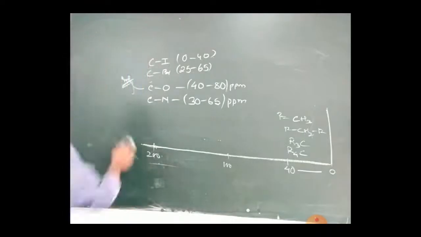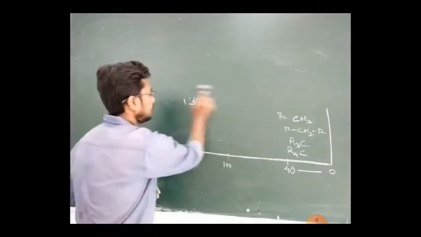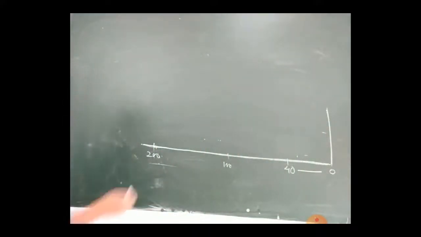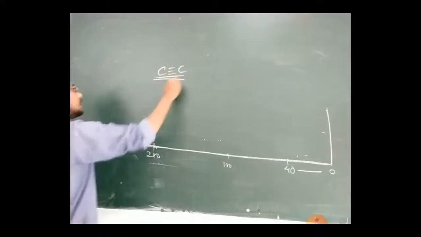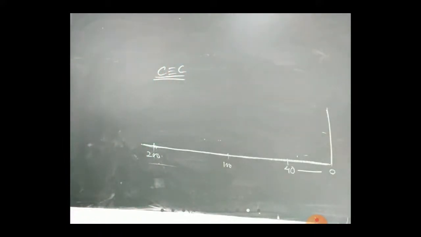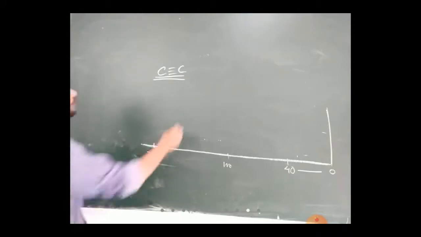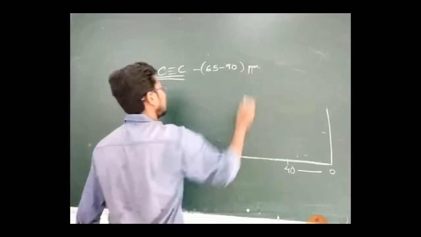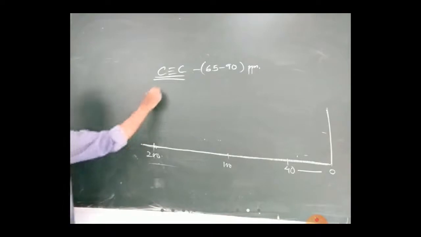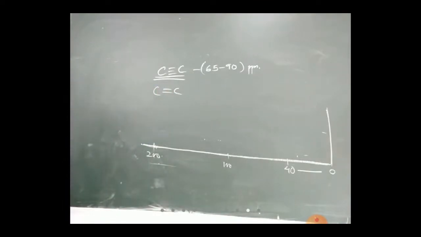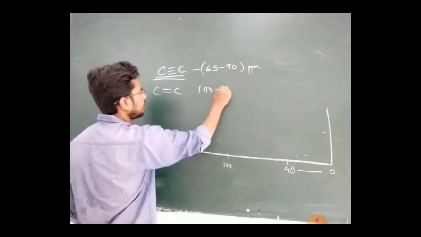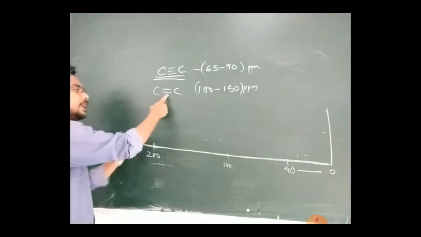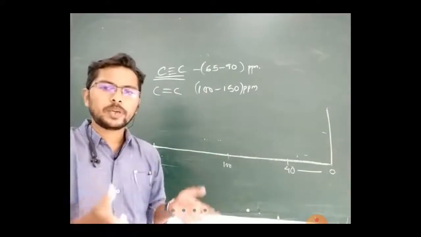Then you have your alkynes, C triple bond C. They appear in the range from 65 to 90 ppm. Okay, 65 to 90 ppm. Then you have C double bond C, alkenes. Alkenes, they appear from 100 to 150 ppm. So within this range, your isolated alkene will come somewhere around 100 to 120, and you have